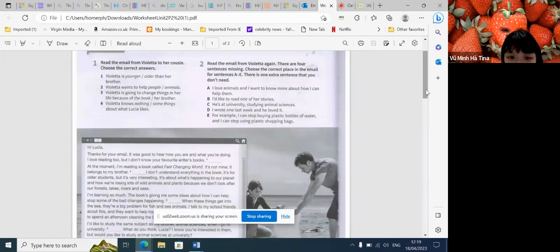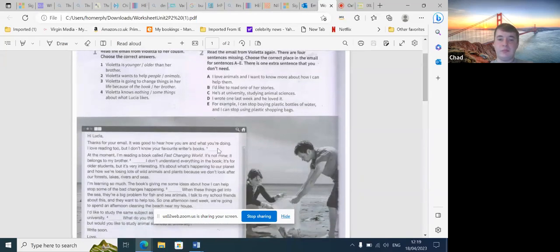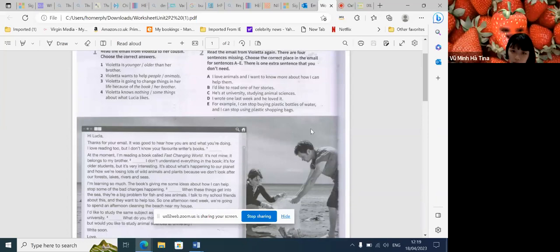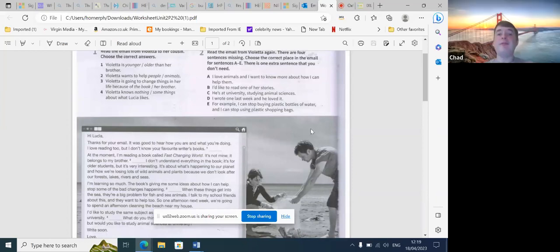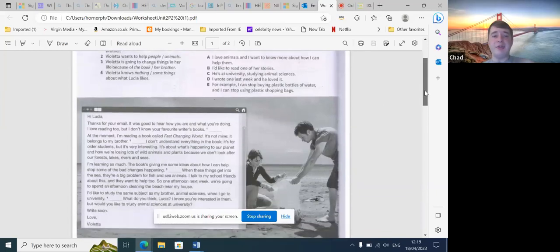So what we need to do here, there are 4 sentences missing. We need to pick the sentence that we think was in there. If it's to do with reading, that's the clue, reading. Would it be B? Yeah, I'd like to read one of Tolstoy's books. Yes, I'd like to read. Exactly. Well done, Tina. Okay, number 2, Min.